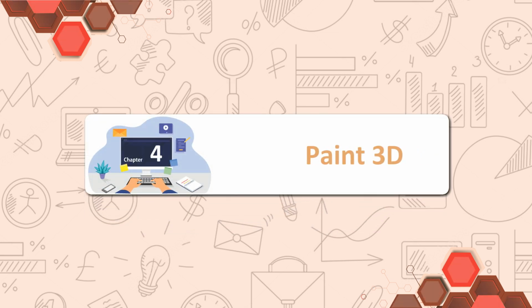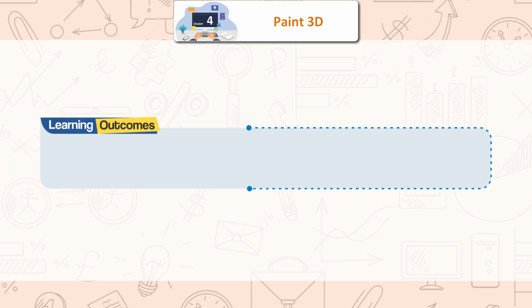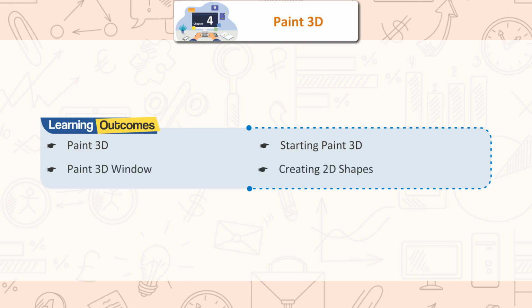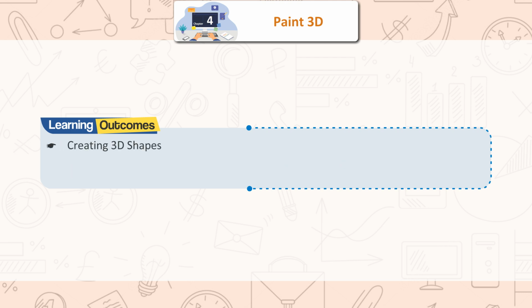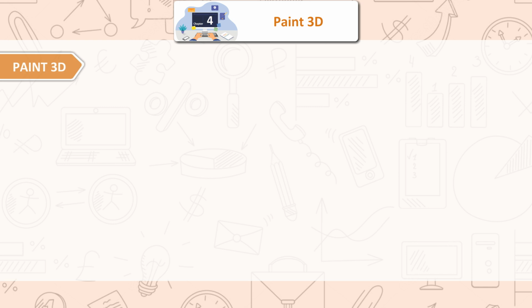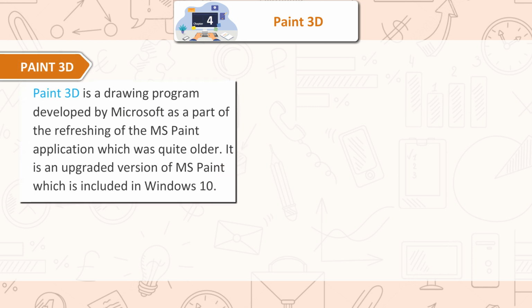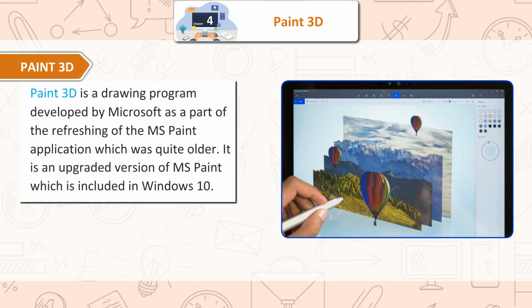Chapter 4: Paint 3D. Learning Outcomes: Paint 3D, Starting Paint 3D, Paint 3D Window, Creating 2D Shapes, Creating 3D Shapes, Adding Stickers, Saving the drawing, Opening a saved drawing. Paint 3D. Paint 3D is a drawing program developed by Microsoft